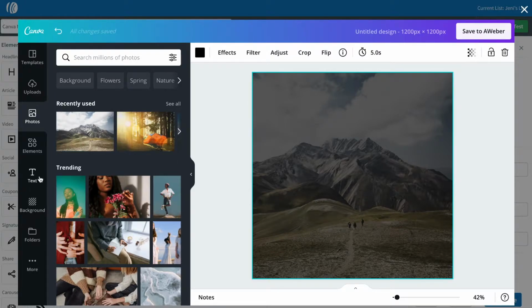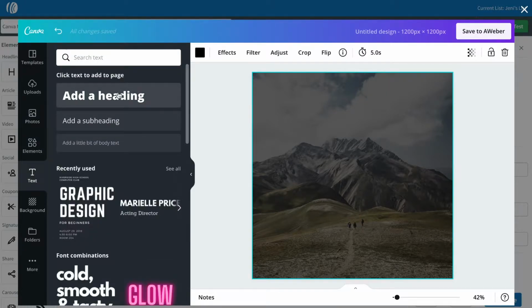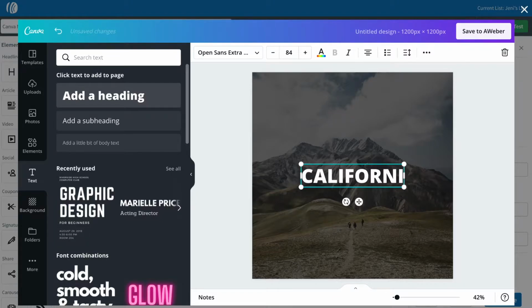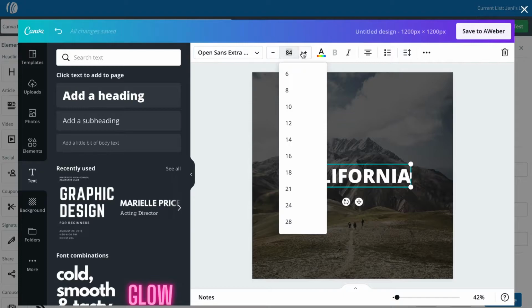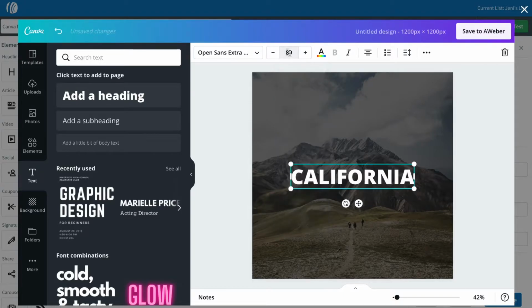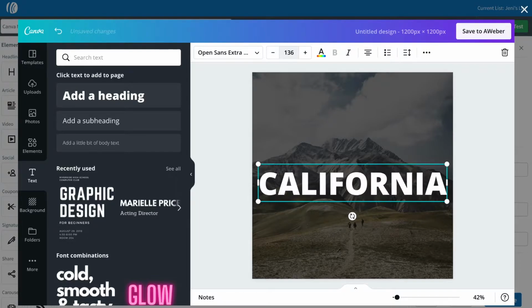The next step here is going to be to add your text. So I'm going to add my first line of text as a heading, and it's going to be the state that I'm working in. So I'm going to use California, and then you really want this text to be overly large, because think about when the image scales down on a mobile device, you still want the text to be readable, and since this is a whole image, that text size isn't going to auto adjust.